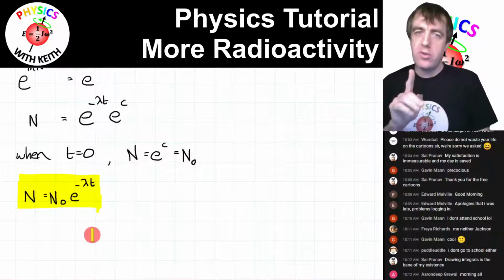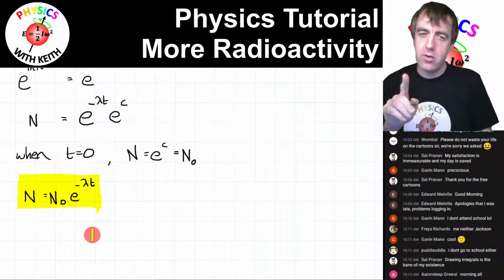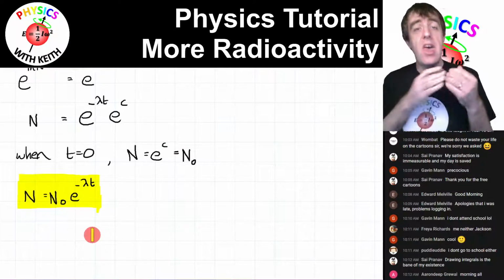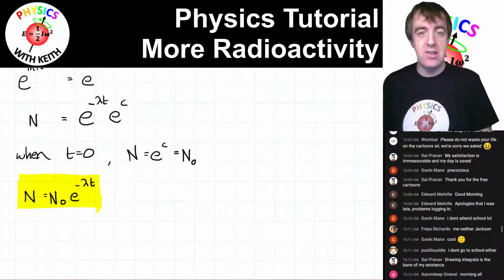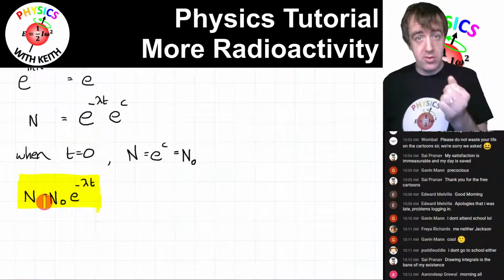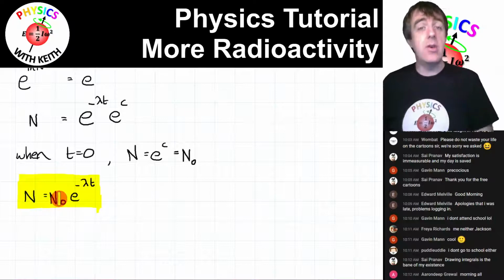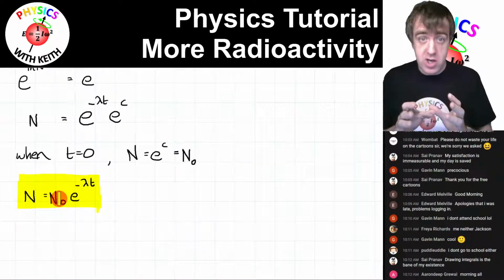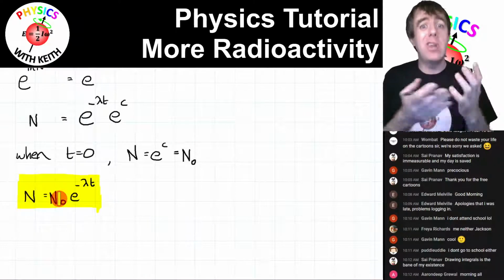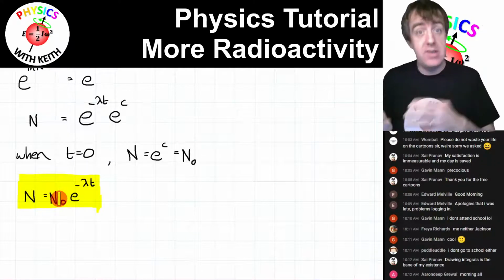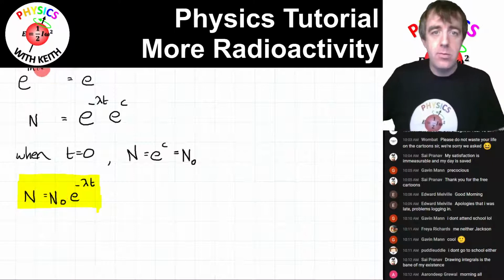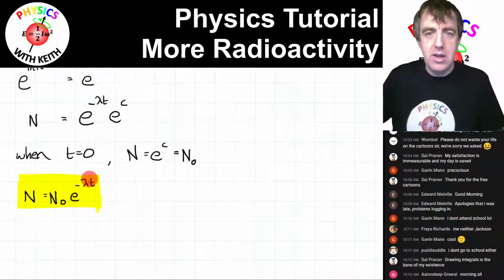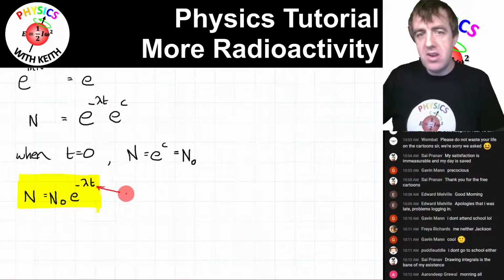Lambda was that constant, the decay constant. T was how long since you measured N0 the radioactive source has been decaying for. And N0 is how many of the radioactive nuclei there were originally. N is how many we've got after a time t. Now, a couple of things to be aware of. If t is measured in seconds, then lambda has to be measured in units of per second,